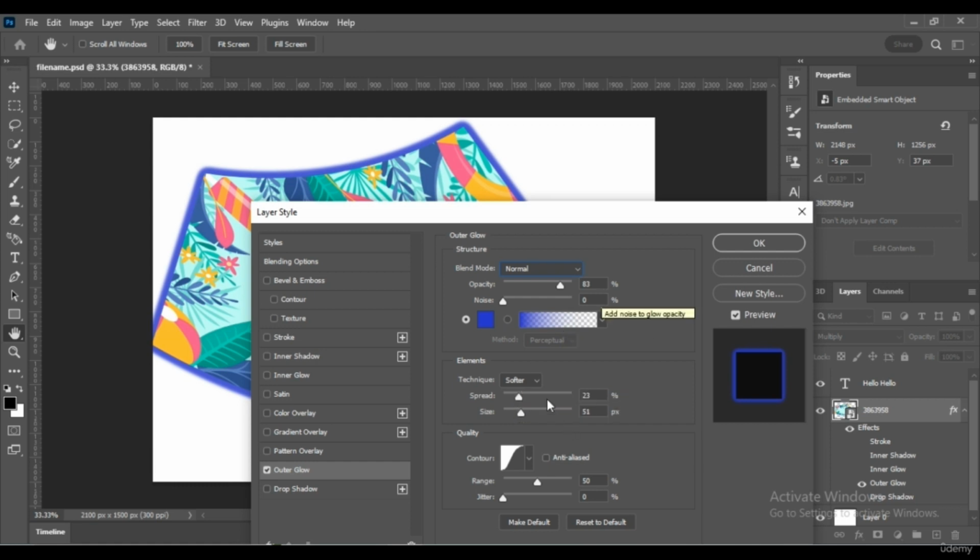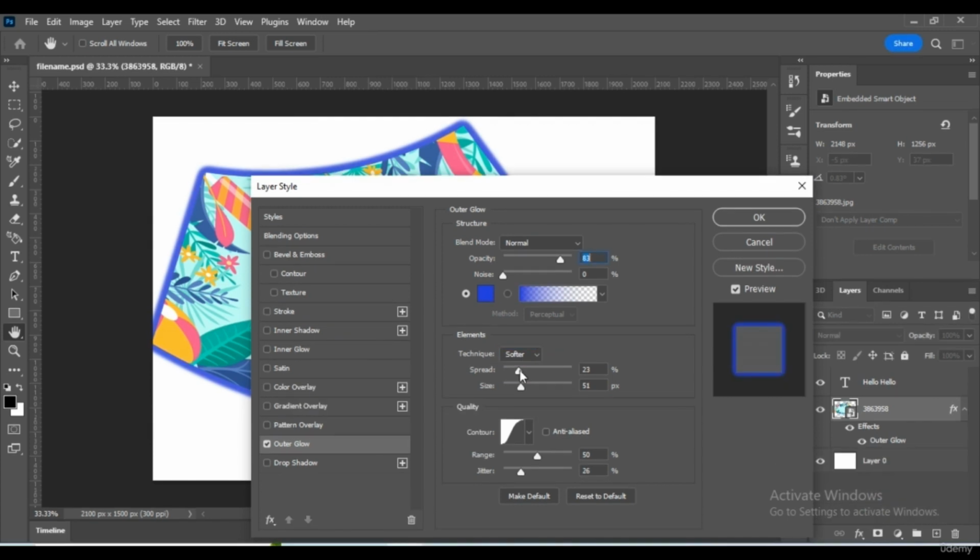Technique, you can choose whether you want it to be precise or softer, and you can put the spread same like drop shadow, and the size also same like drop shadow. Then the range, as you increase the value of the range, the softer it will become.